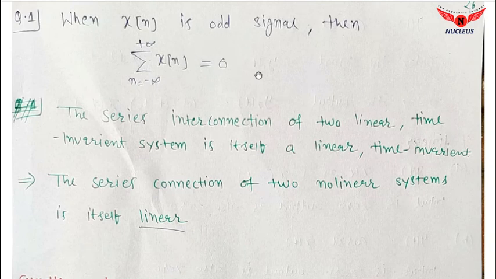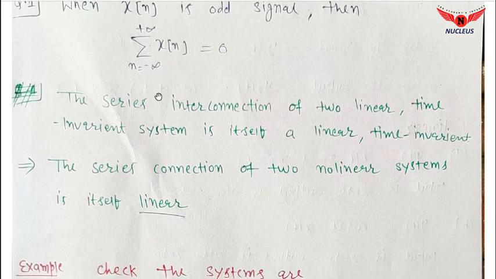Here is the hint: take the odd sum equal to s1. To solve this question, apply the odd property of a signal, then you find that s1 equals minus s, where s is the summation of this function. So both summations will be equal, so s will be 0. Try to solve this question.